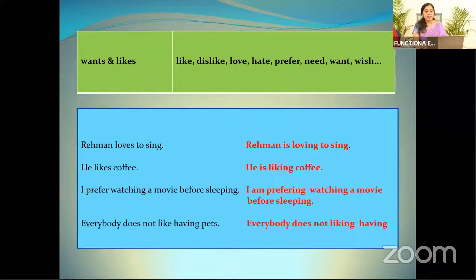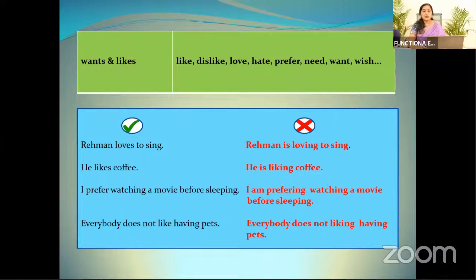Then, everybody does not like having pets. A negative sentence: does not like. Everybody does not like having pets. Now, if you take a look at it, these are correct sentences, and the ones marked in red are incorrect